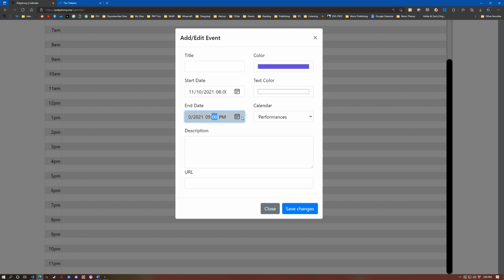I have the default set to 30 minutes, just because that's kind of a standard meeting time length. Now that we have that all set and it's already on my performances, you can do multiple calendars, which we'll get into in a moment. But all I have to do is go up here and type in, so this is the Sooner Bassooners concert. There we go. I've typed in something similar. And Sooner Bassooners Fall 2021 concert